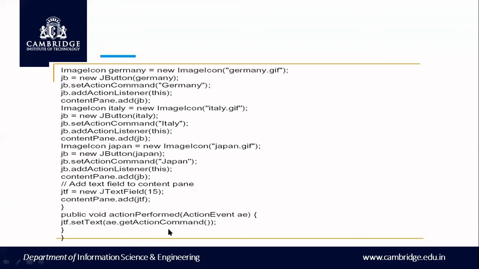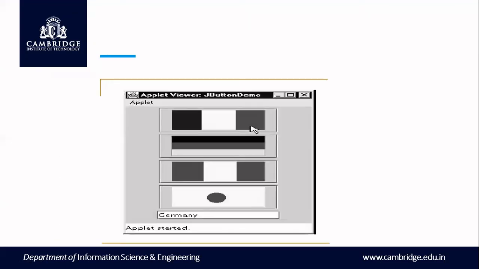Okay, this is your program. We have created some four buttons and a text field. So whenever a button is pressed, some text is going to be displayed in your text field. You can see how the output is displayed here. When you execute the program, this is how the output is going to look. You can see the buttons, the image icons that I have created, 1, 2, 3, and 4. This is the text field I was talking about.